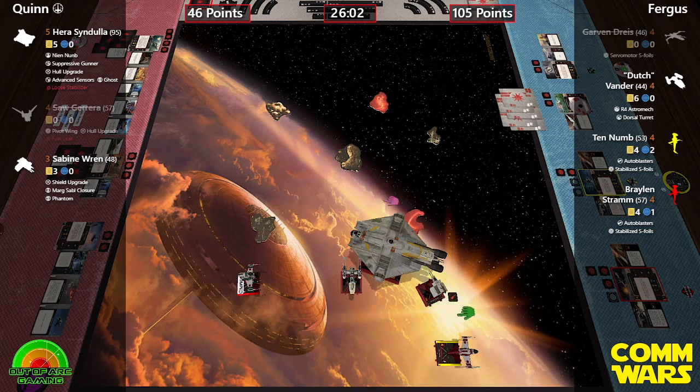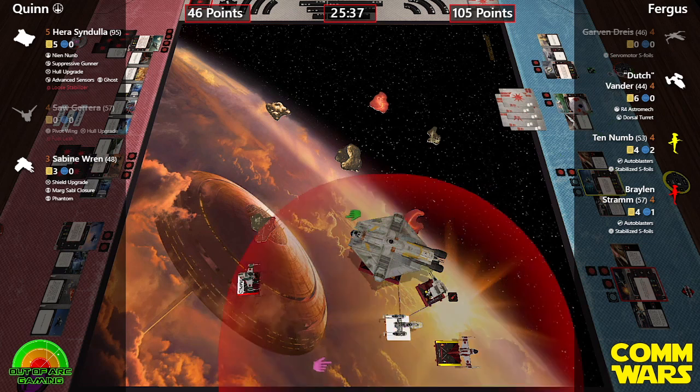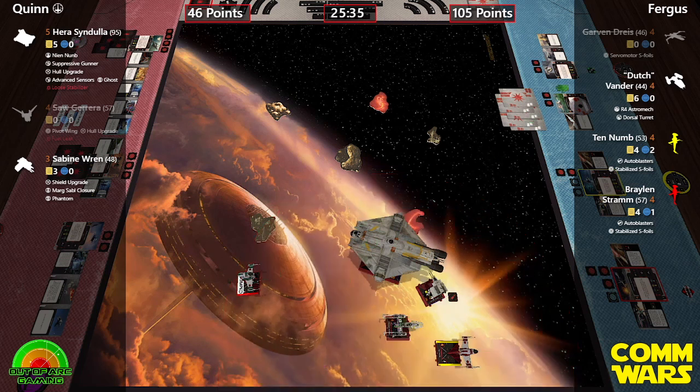I didn't expect that from Ted, actually. I thought you were going to turn around. I think he had a stress. No, I don't know. Yeah, I had a stress token, or was thinking Sabine was going to be a bit more. Yeah. Well, I mean, obviously, Dutch has got a nice shot there. He's either got his range 1 primary or range 1 dorsal onto... Yeah, you can do either onto Sabine there, so...